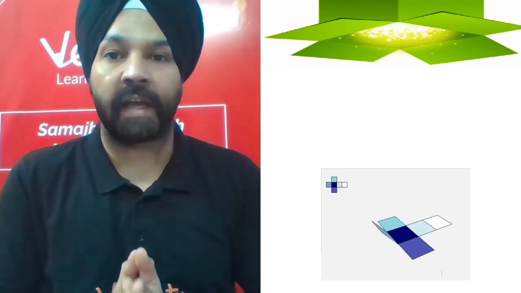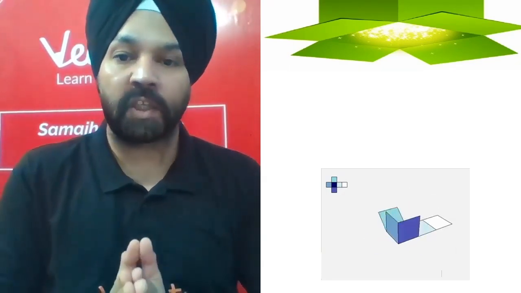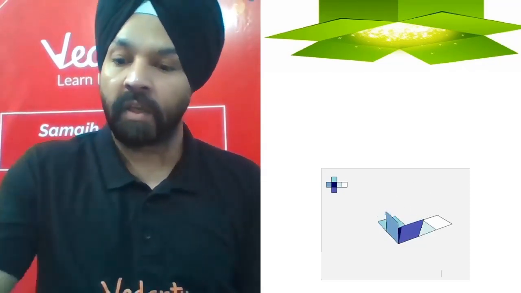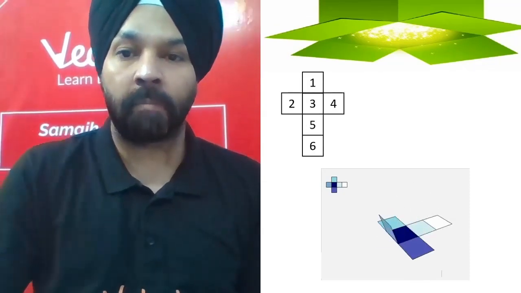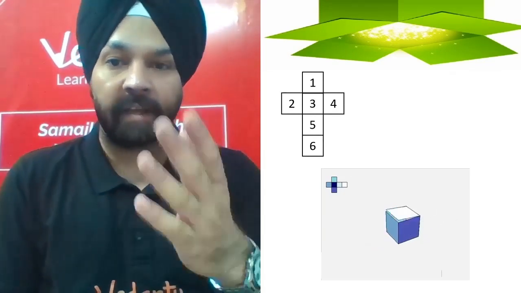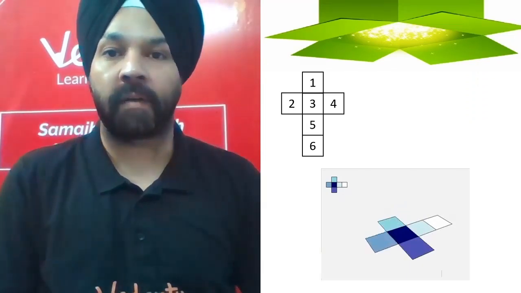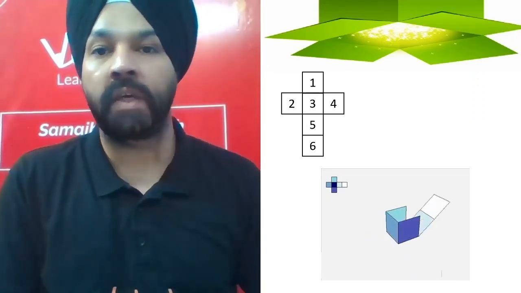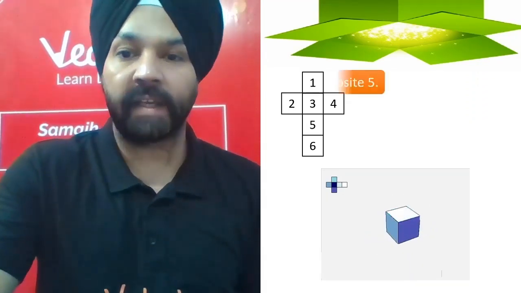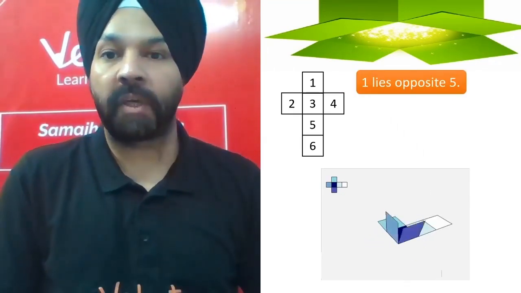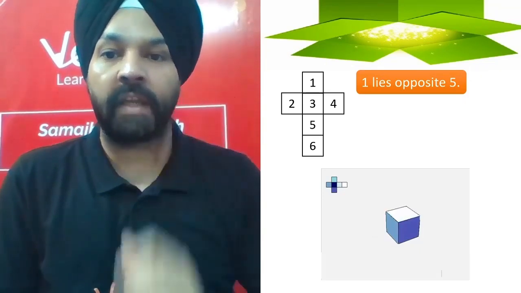Beautifully explained, a dice has got, or a box has got, 6 faces, all are there, and you can see the color coding also. But if I place some numbers on this particular diagram like 1 2 3 4 5 6, what can I infer from this diagram? Means, what all can we conclude from this? So what I can conclude is that 1 lies opposite to 5. Why so? Because 3 is lying between 1 and 5.